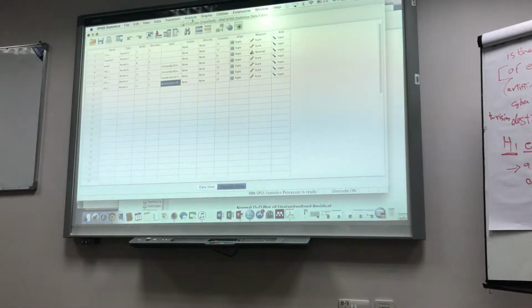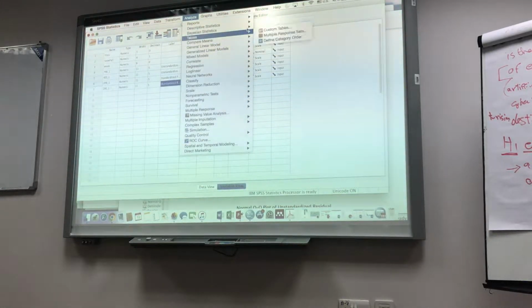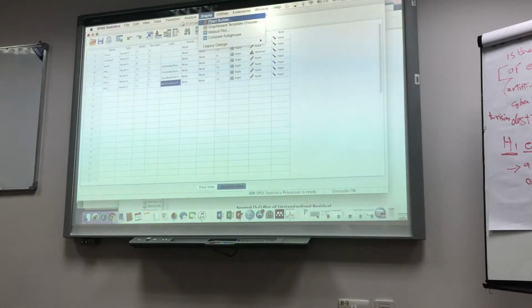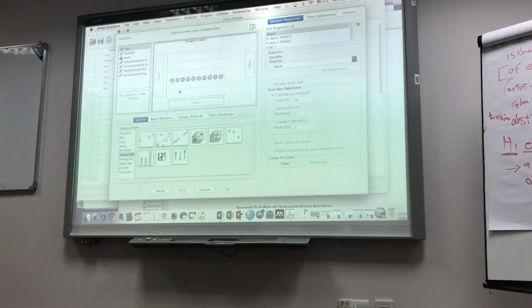The second required condition is to check the constant distribution of the residues, which is to check the graph of the scatter plot. The x-axis should be the unstandardized predicted value, and the y-axis should be the unstandardized residue.